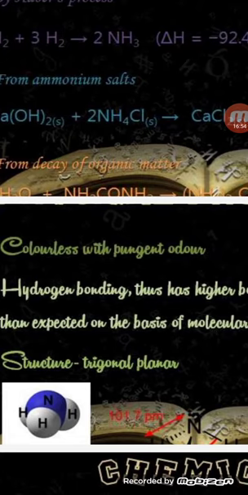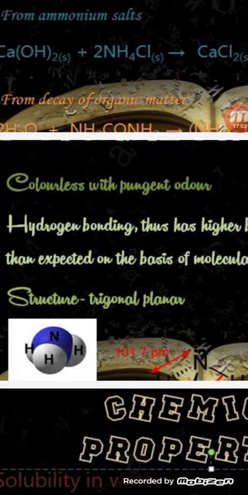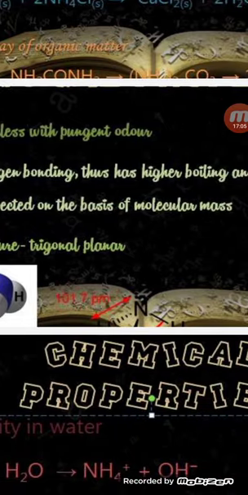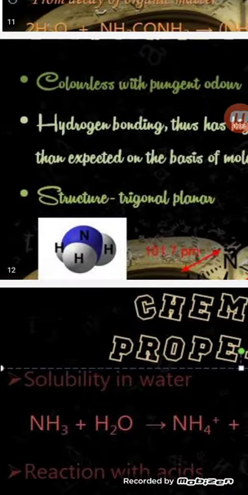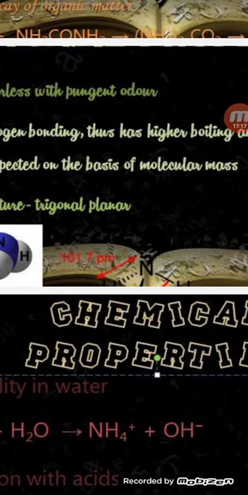Ammonia dissolved in water forms ammonium hydroxide, which can come in contact with HCl to form white fumes in the form of ammonium chloride. Some properties of ammonia are that, as was said, when ammonia dissolves in water, it forms ammonium hydroxide. Further, ammonium hydroxide can break into ammonium ion and hydroxide ion.